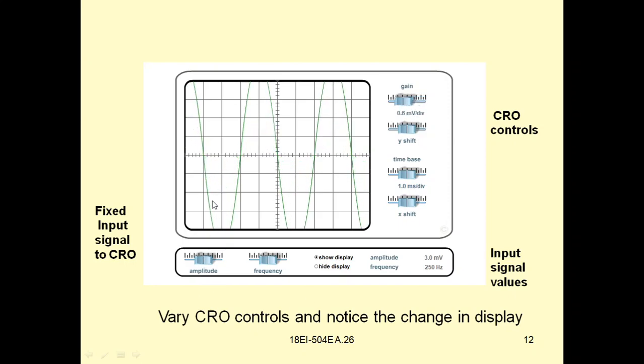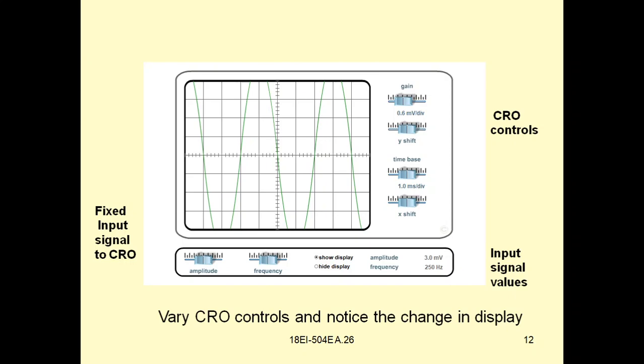Actually, the signal is having an amplitude of 3 millivolts, and the frequency of the signal is preset to 250 Hz. Amplitude, this is not changing, so it is a fixed one, and frequency also is fixed. Now, by adjusting these knobs, let us check whether in each and every position we are getting the same value or not. So 3 volts is the peak to peak magnitude and 250 Hz is the frequency.